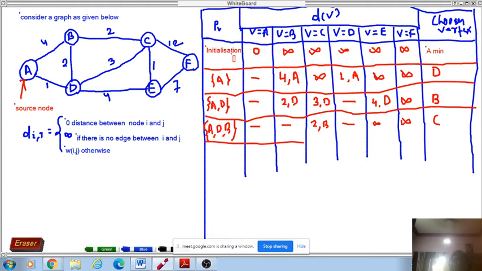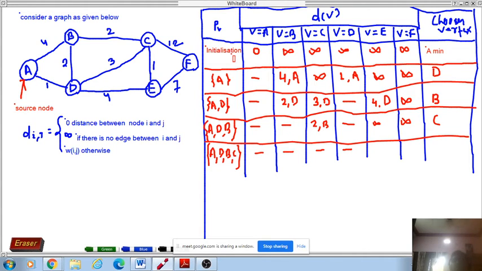I am just choosing this. Okay, next what will I consider? This will be A. Next one will be D. Then next I will consider B. Then which one? C. So when I am choosing C, this is completed. B is already visited, so I will not do these things. Then should I go for C? C is also visited. D is also visited, so I will not take it.